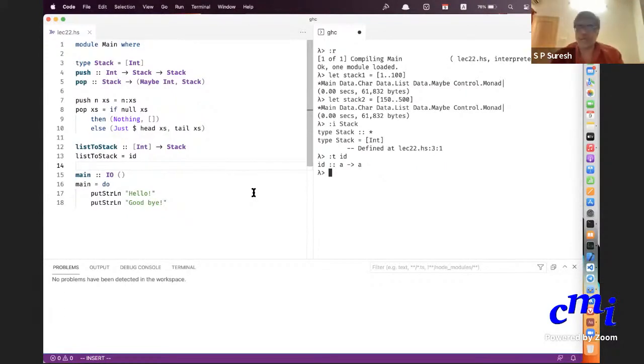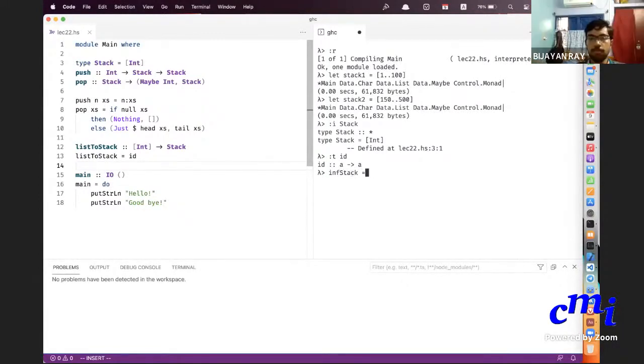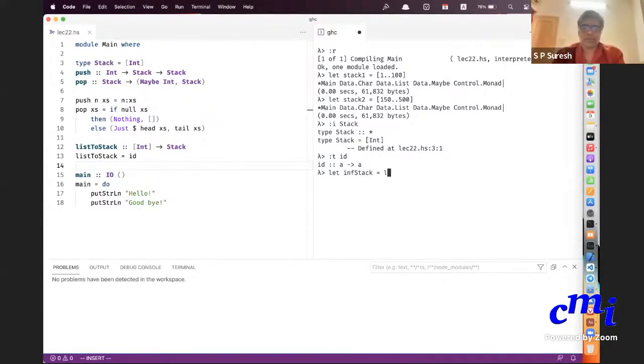You can say myInfStack, listToStack of [0..].